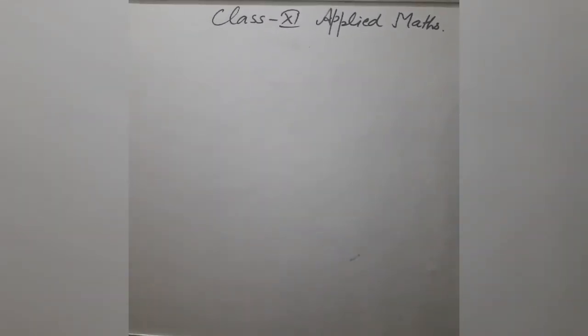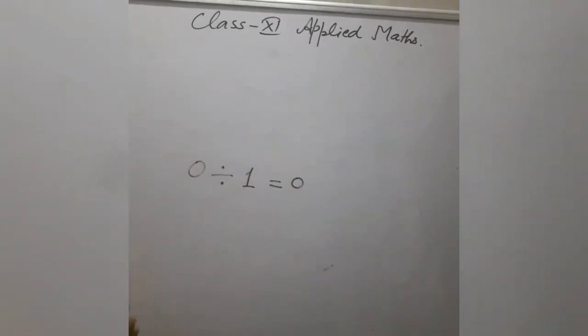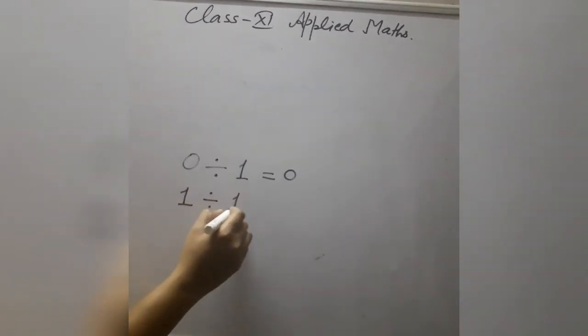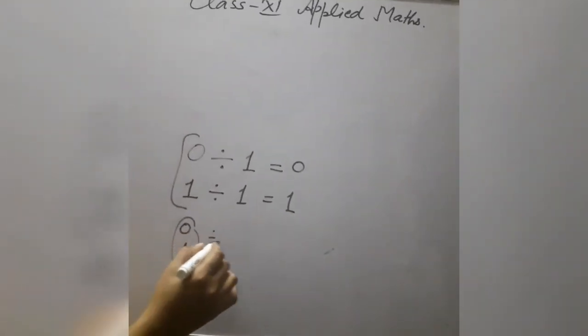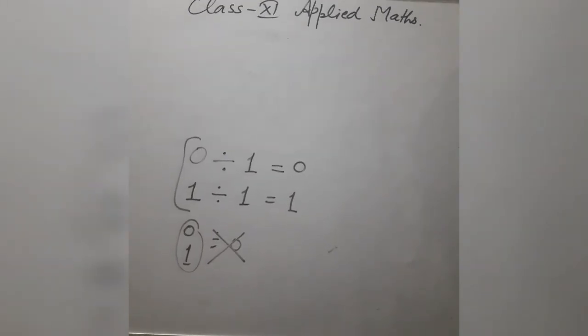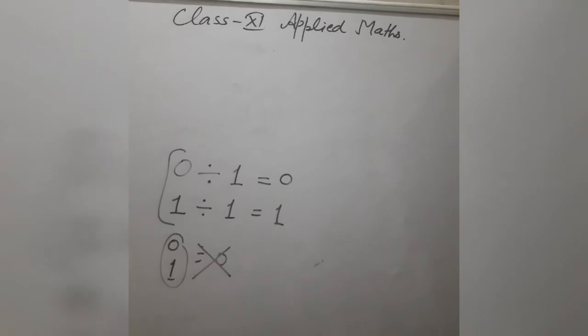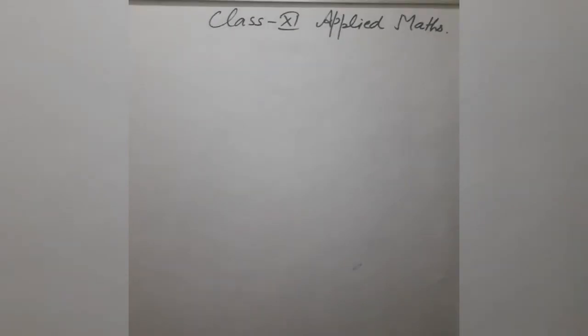Now see division of two binary numbers. In case of division, you will divide 0 by 1, just like a decimal number, which is equal to 0, and 1 divided by 1 is also equal to 1. But in this case you will not divide any digit by 0 because this is not possible, just like in decimal numbers. In case of decimal numbers, if you divide any number by 0, it gives you an undefined result. So here also you will divide the digits 0 and 1 only by 1, not by 0. So now see one example of division.